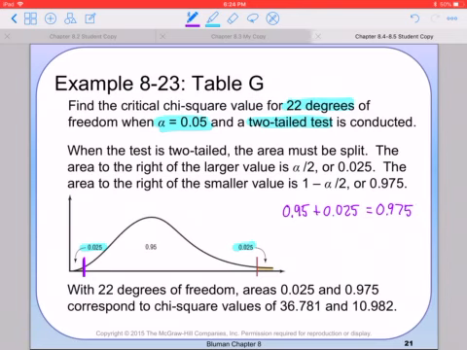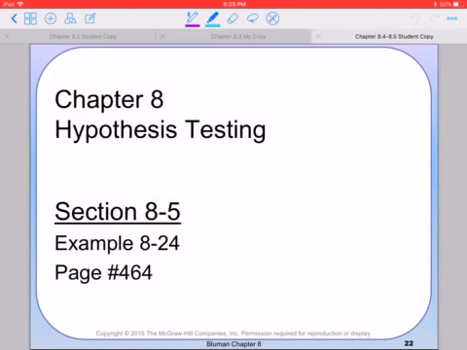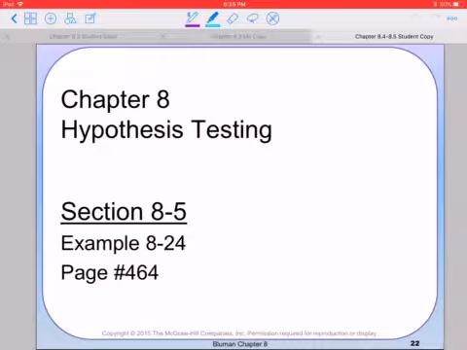And when you look that up in your table, you get 10.982. And when you look up this other value, we have 0.025. When you look that up, you get your value of 36.781. All right, so we get our two values that way. And then we're going to look at an example. However, I think I got